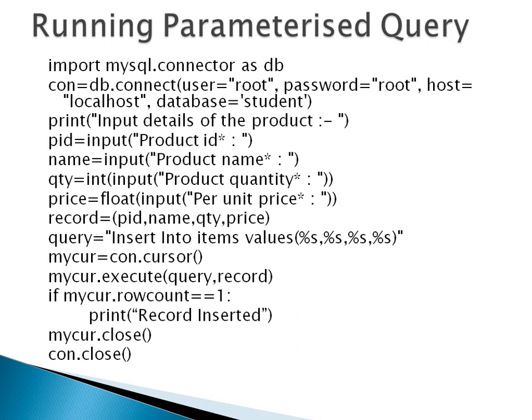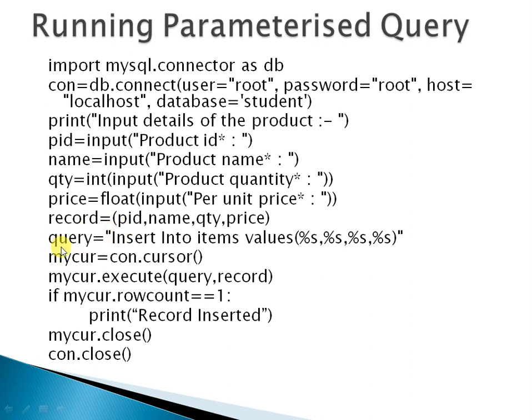then we have created a connection, then we have asked the user to input the product details. In this program we are inserting a record into the database containing some specific values. We have asked the user to enter the product ID, product name, product quantity and per unit price of that product. After entering those values from the user, we have created a tuple. You can see this is a tuple. You have already studied the tuple in class 11th. This is how we create a tuple. So we have created a tuple called record from all these values that have been entered by the user,